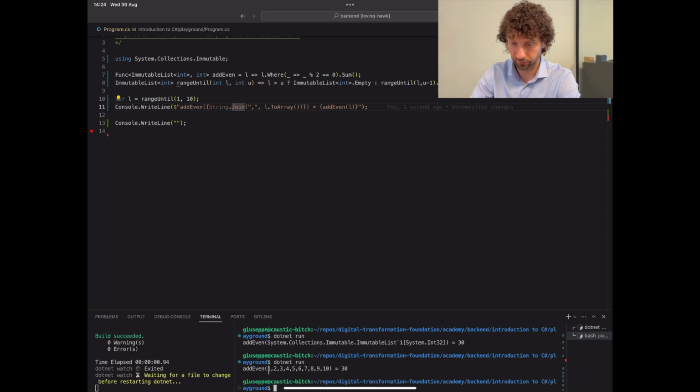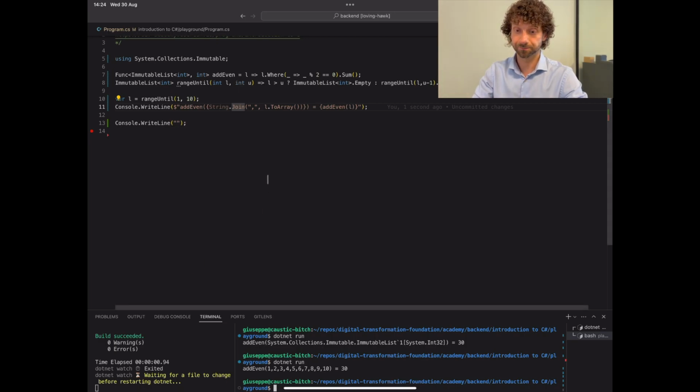Well, there you go. The sum of 1, 2, 3, 4, 5, 6, 7, 8, 9, 10 is 30. So very quickly, 2 plus 4 is 6, plus 6 is 12, plus 8 is 20, plus 10 is 30. Okay, very good. Nice. A pity still that in C#